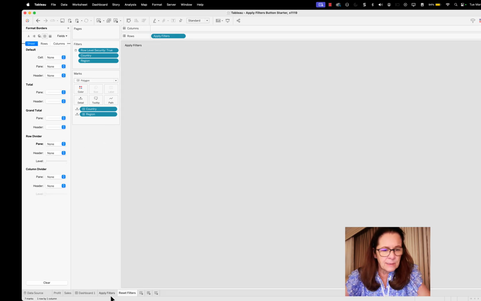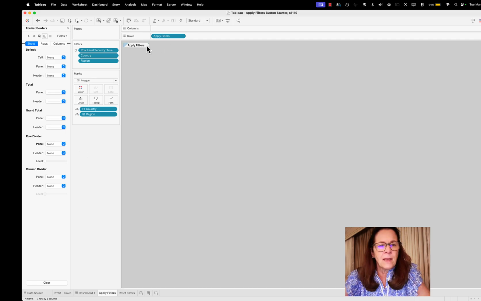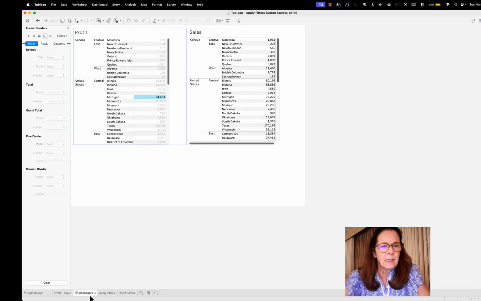And I want to make sure I've done the same thing for the apply filters. So I'm going to go ahead and turn those row divider lines off. Okay, good. So now I have 2 worksheets and all they have on them are filters. Then I'm going to go back to my dashboard and I want to go ahead and make a container for